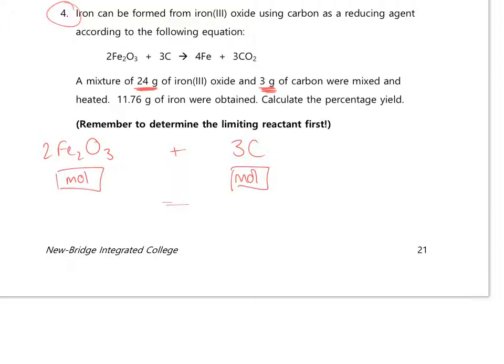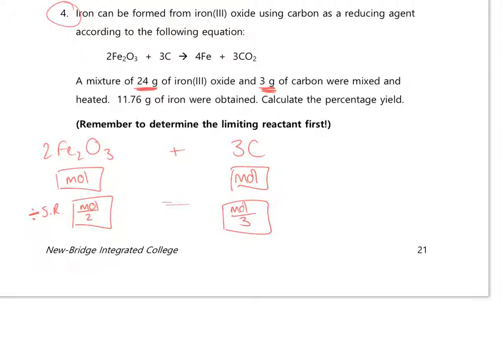And then to determine your limiting reactant, you need to divide by the stoichiometric ratio, or the balancing number. Essentially, it will be moles divided by 2 for your iron oxide and moles divided by 3 for your carbon. Whatever number works out as the smaller is your limiting reactant, and you bring that number over to your